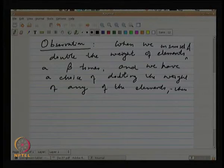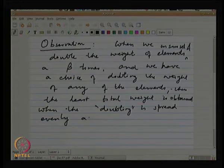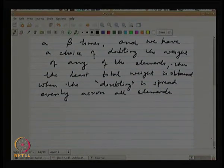Then the least total weight is obtained when the doubling is spread evenly across elements. Okay. So, you can actually formally prove it, but let us say that you have just 2 elements,